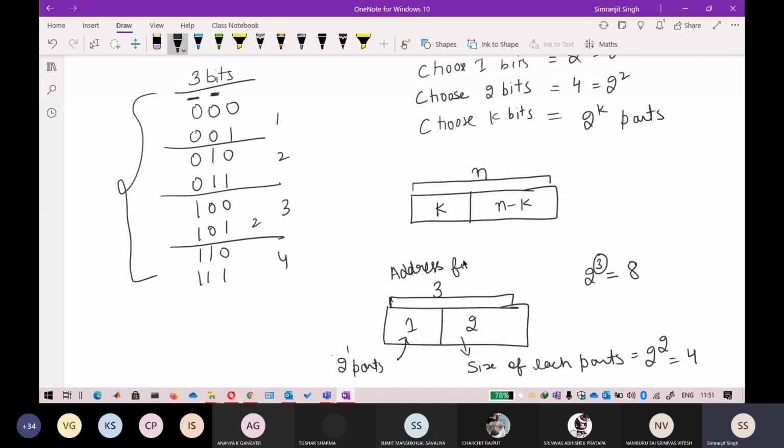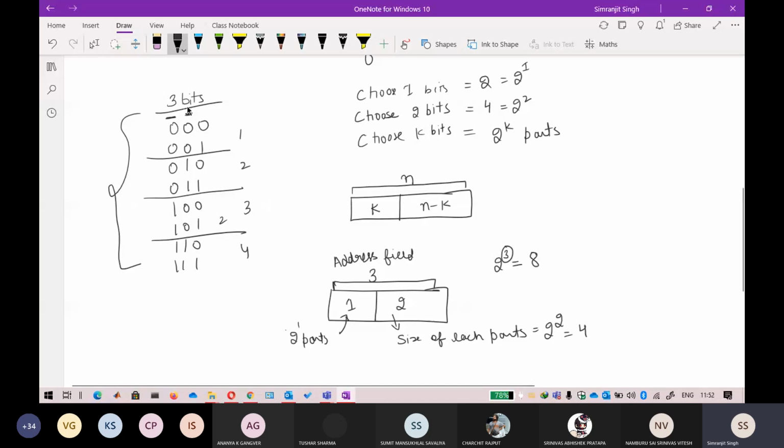In this address field you do not write the combination as it is. You will always write the number of bits. So if you want to find the total combination, you have to take it out and write 2 raised to power something. Now understand this example.